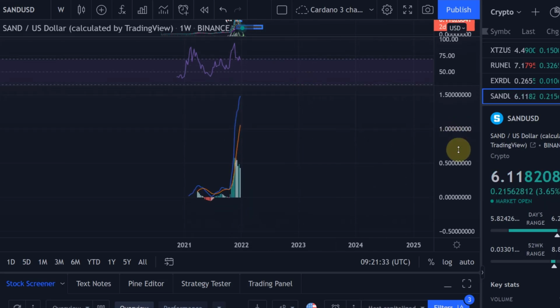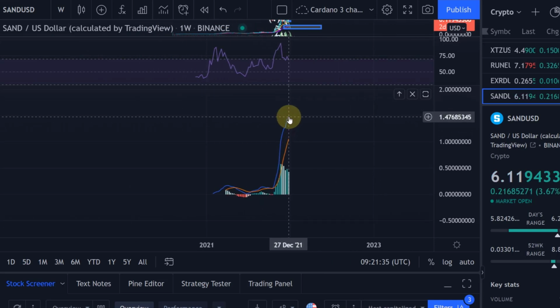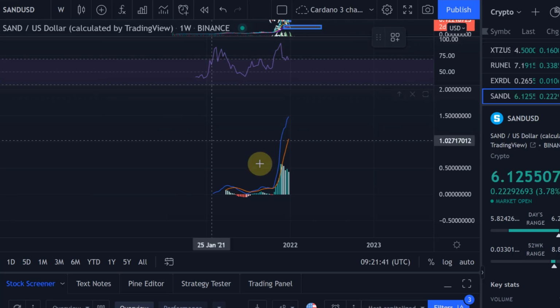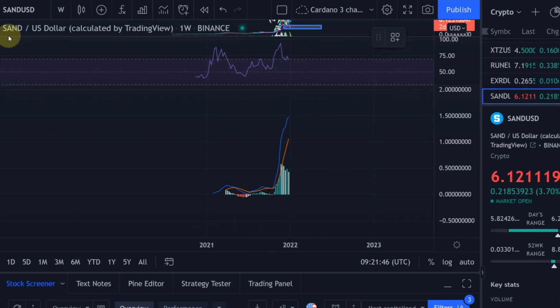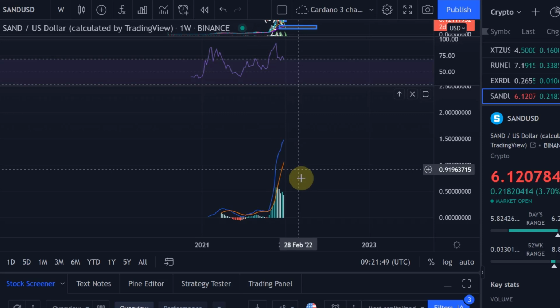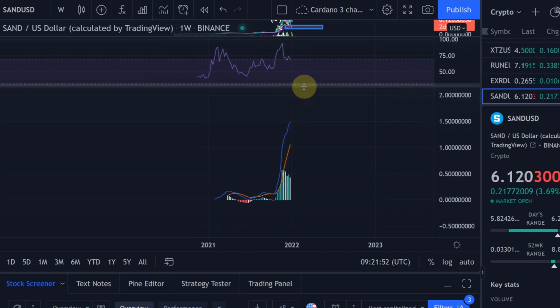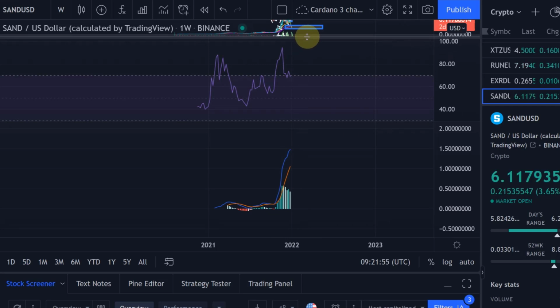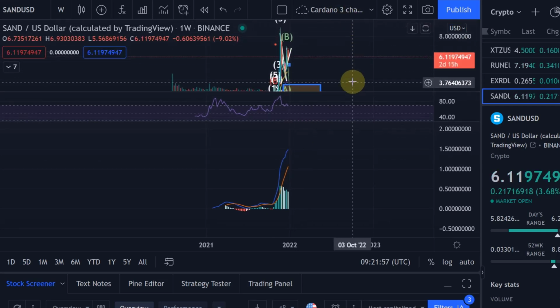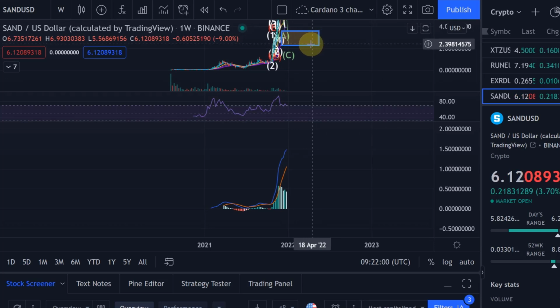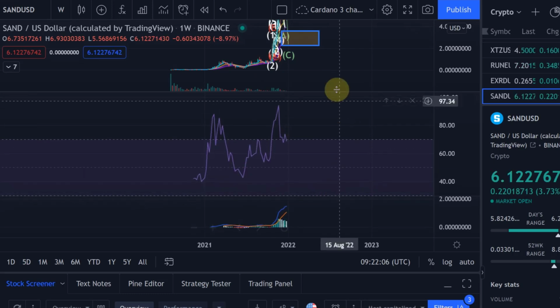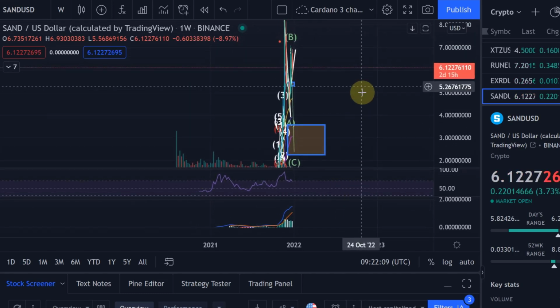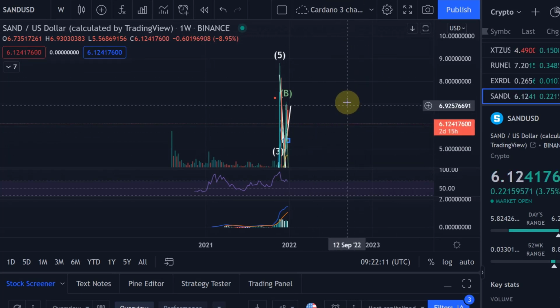And also the MACD, I think what we can see is it's only just starting to turn around very, very early. If this one is turning around, the MACD on the weekly, that would scare me. Honestly, it would. Looking at Bitcoin, it has, for example, already turned around, while Sandbox hasn't even turned around yet, but it already had quite a bit of a retracement. If this one is turning around on the weekly and you get a bearish crossover, that could push Sand down quite a bit. But overall, it doesn't change my very bullish prediction for Sandbox next year, where we can expect higher prices, much above $10 US.